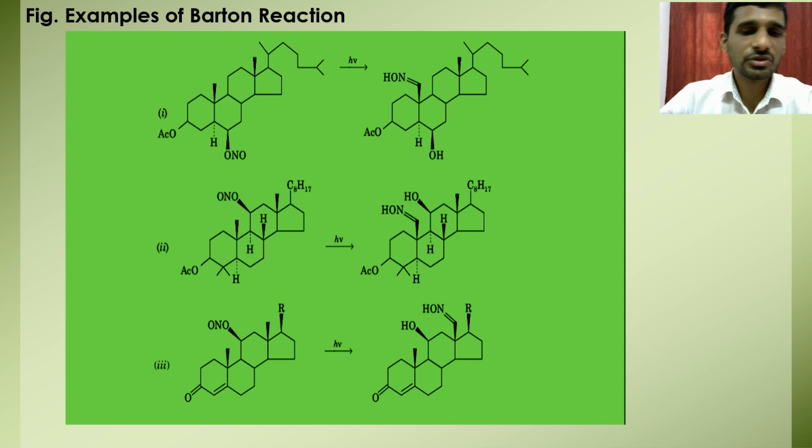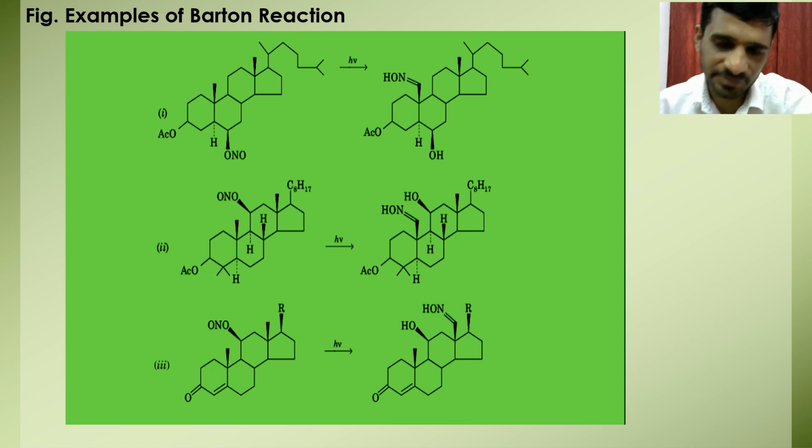In this case, we will see that an oxime will be present towards the right hand side, instead of migration of hydrogen from the left. First of all, there will be a migration of a hydrogen atom from this delta carbon towards this oxygen atom. This NO group will migrate towards this side. It will form a nitroso alcohol, which will eventually change into an oxime via tautomerization. So your final product is this one.